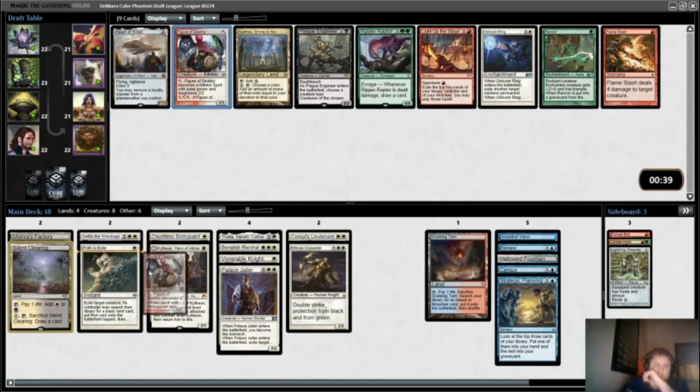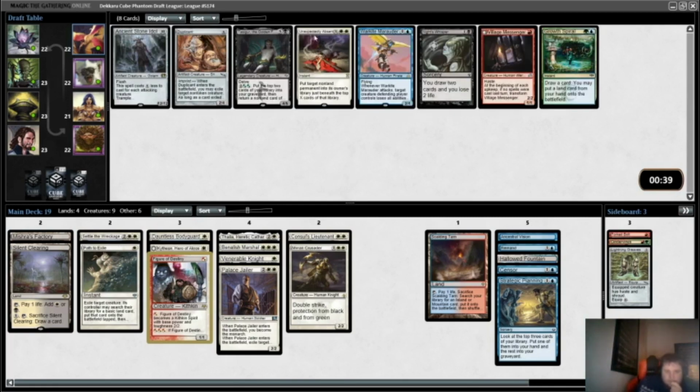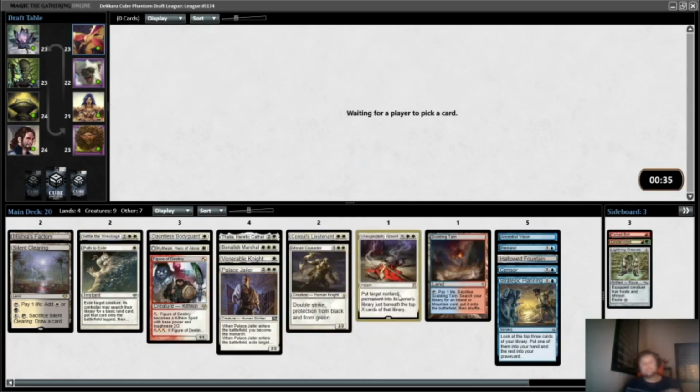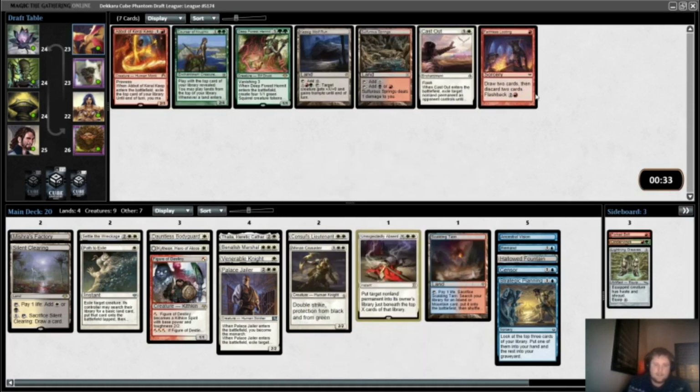So Kithian's pretty much a fantastic spell, right? Especially in the mono white. Unexpectedly Absent, one of my all-time favourites, man. This card's so good. It's so catch-all. Most of the time, I just go white. You get so much good tempo. Gets rid of tokens forever. If you really hate the permanent, and the chance that you really hate the permanent...